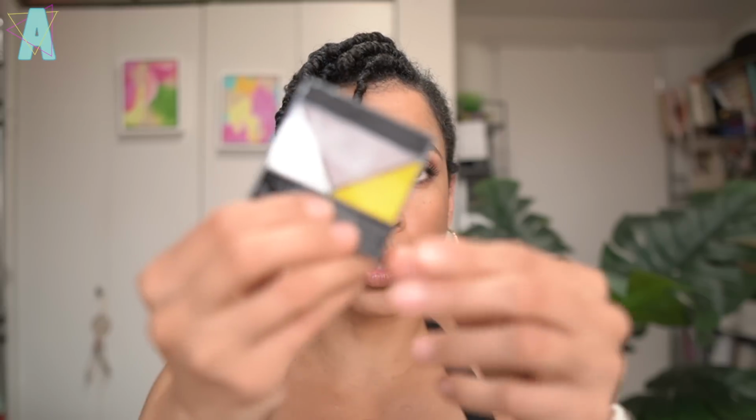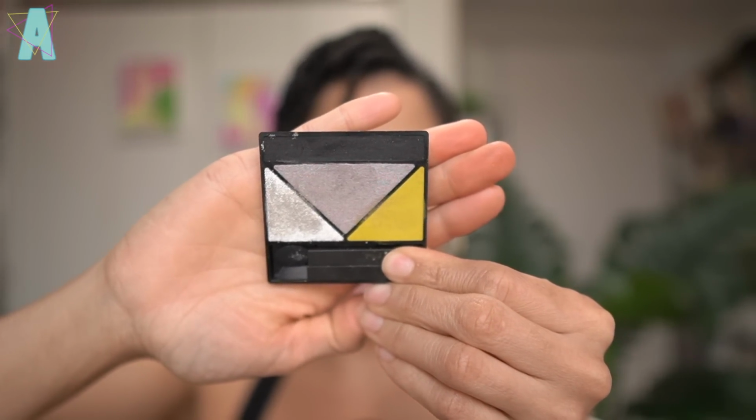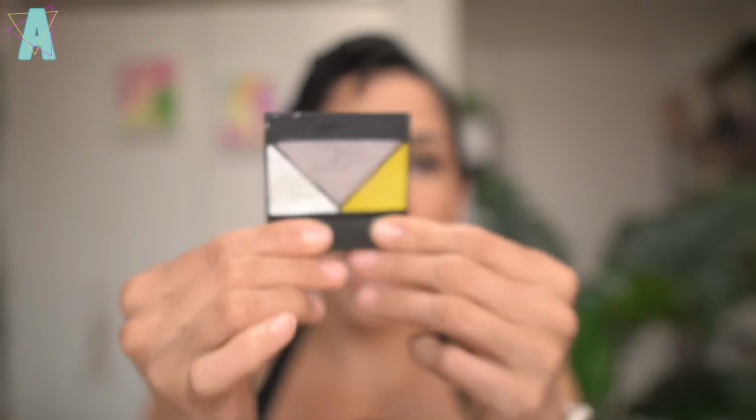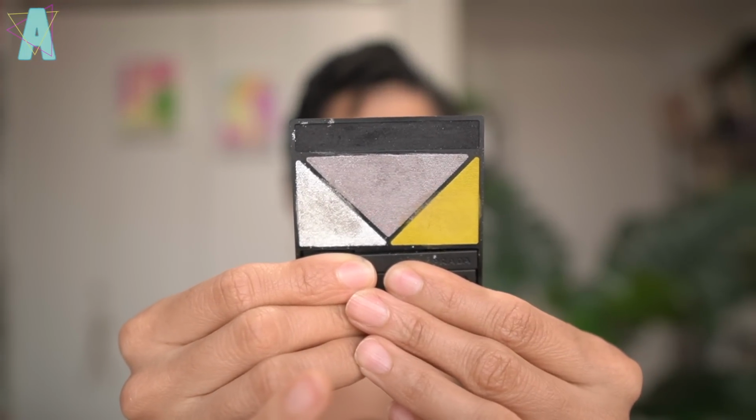I also picked up 2 new refills from Prada Beauty's Eye Dimensions lineup, Profusion and Pulp. Profusion has to be, in my opinion, iconic Prada Beauty, because I was late to the party. I was told that this is one of the best performing quads from their palette lineup, but just the color